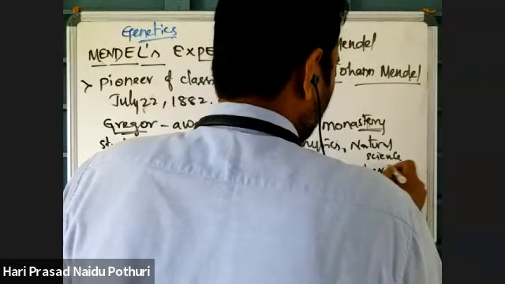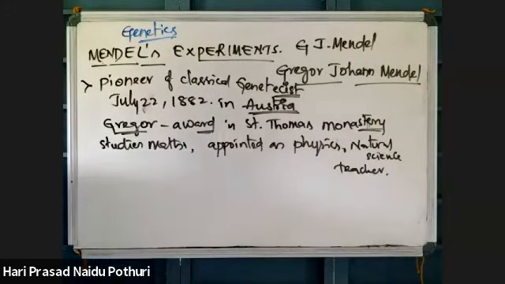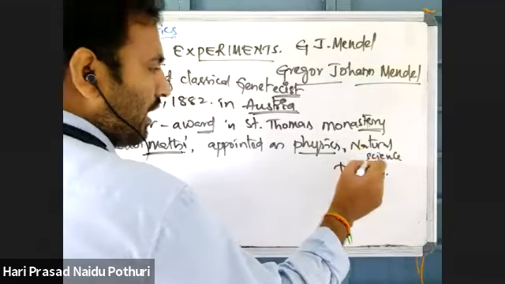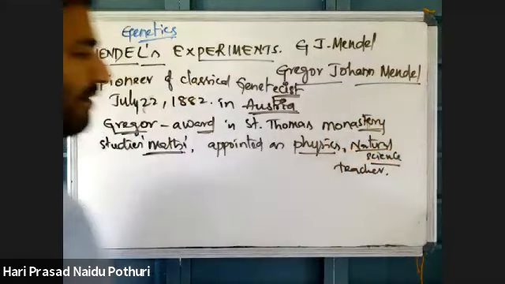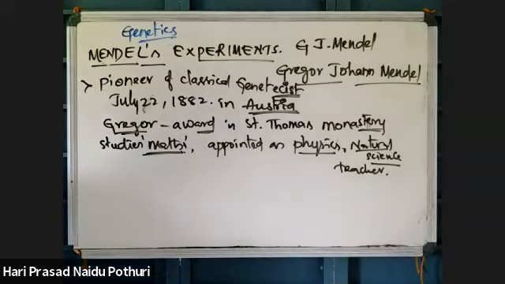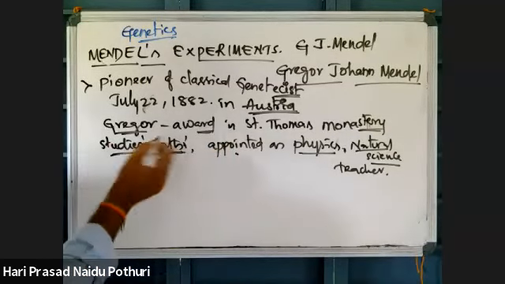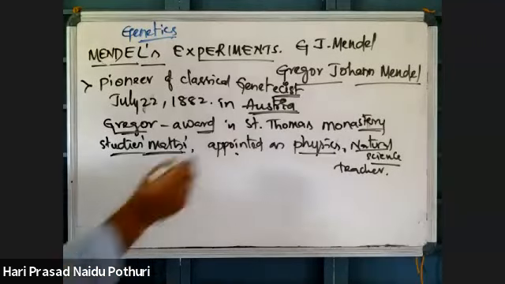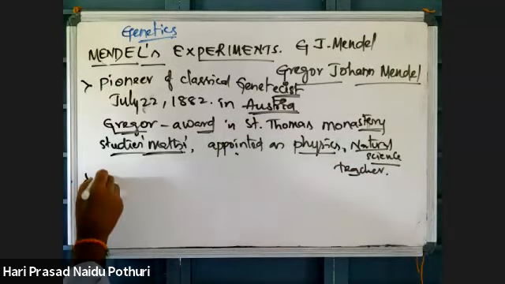See here, why Mendel became more popular: he had knowledge of mathematics, physics, statistics, biology, everything. In different fields he had knowledge. That's why he became more popular and he was able to conduct more experiments. He stayed there more than 10 years, and he carried out breeding experiments on the garden during his work as a natural science teacher.